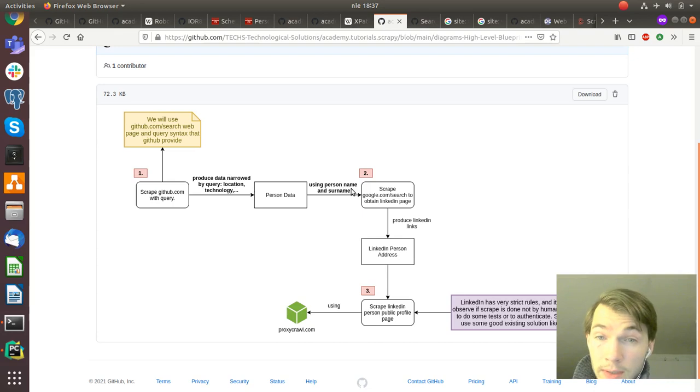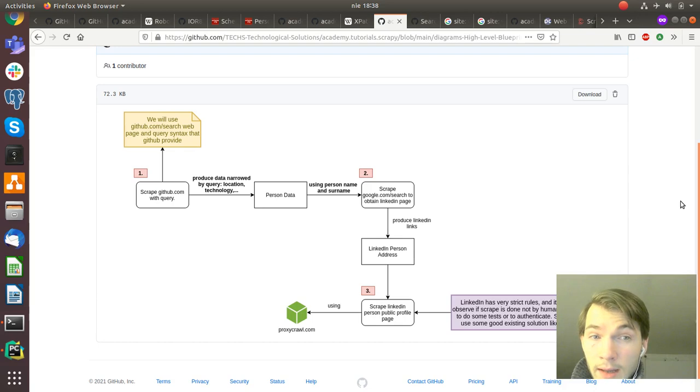We are using the person's name and surname to obtain LinkedIn addresses. And then we can use LinkedIn addresses to get more information about the person, like experience, employment history,